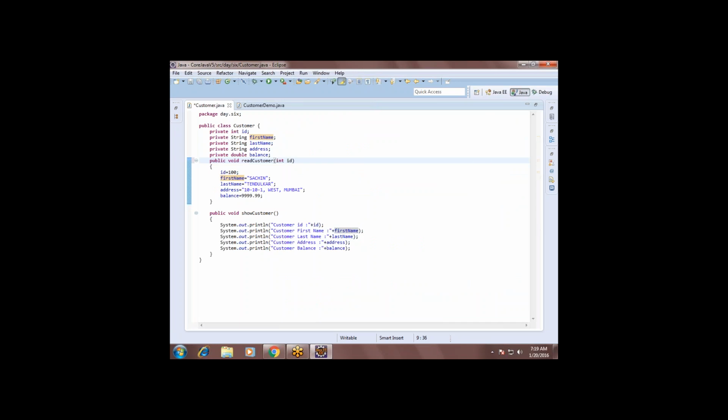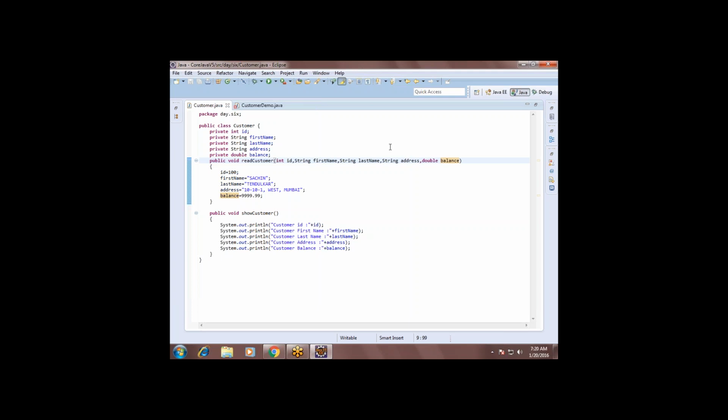Integer ID, okay, and string first name, string last name, string address, and double balance, right?